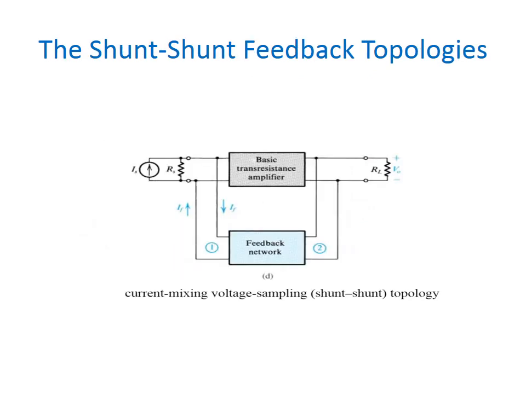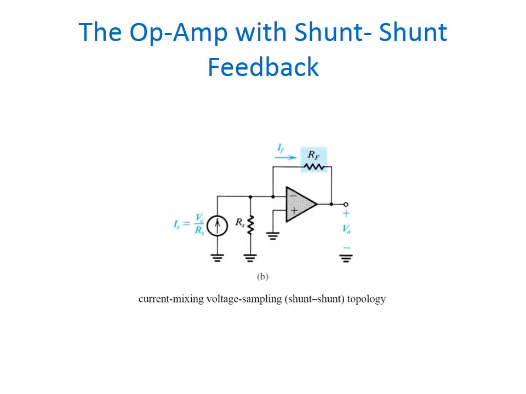Then the last type is the shunt feedback topology. Here in this circuit, a part of the output voltage is applied to the input voltage in shunt through the feedback circuit, given by the feedback circuit which is located in shunt by means of the output as well as the input. So here the feedback circuit is applied in series through the output, however in parallel with the input. Then the output impedance will be increased, and because of the parallel connection with the input, the input impedance will be decreased. Here the operational amplifier using shunt feedback is given.